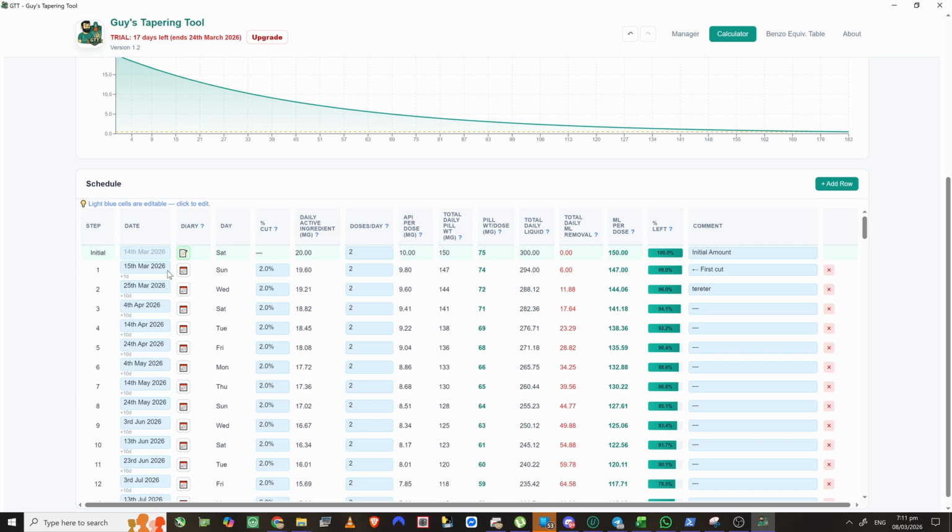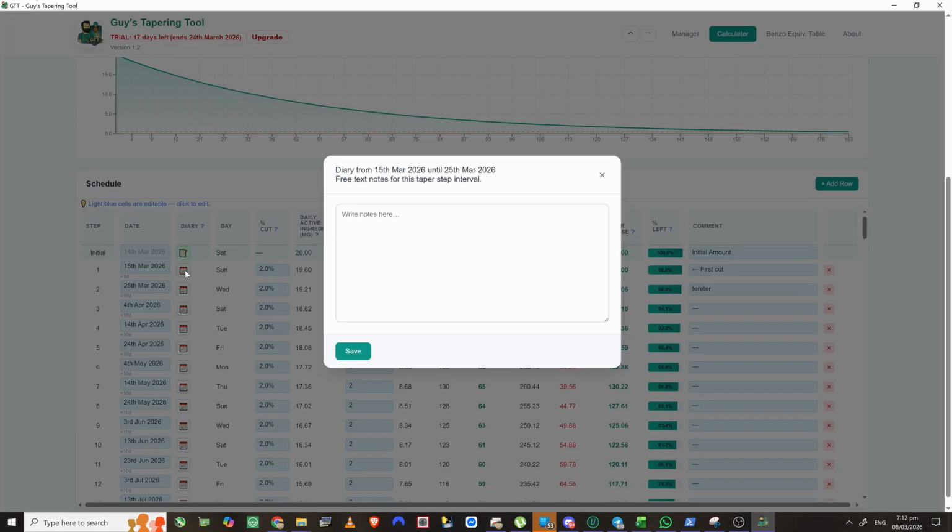So this is why the diary is also very important, to write every day what you ate, what you drank, what you did, if you had anything that happened to you that gave you anxiety, if you didn't sleep, anything that happens to you, just write it in the diary. By doing that, over time you'll see patterns. And it's also very important that when you start, let's maybe say 16th of March